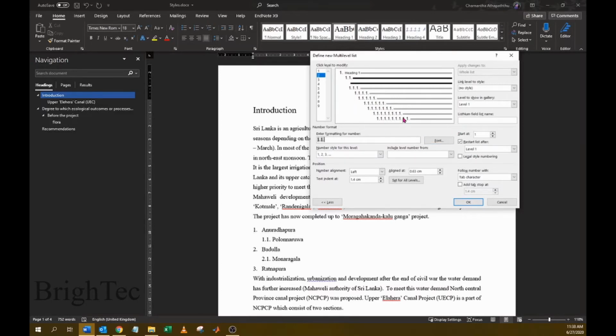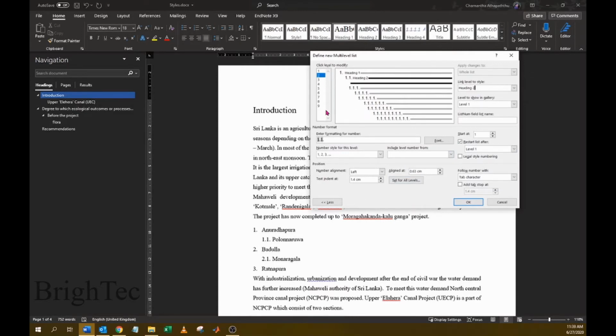So we have formatted the numbering system, and here we will link this numbering format to heading 2. Now the heading 2 has been linked with this numbering system. So when you add any heading 2 in the document, this numbering system will be applied. Again, we will start the numbering with number 1, and the numbering will be restarted after every level 1 heading. So if you add the heading 1, then the next heading 2 will start with number 1.